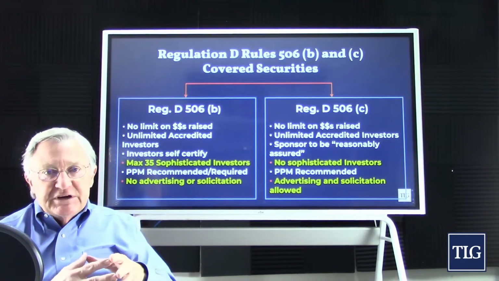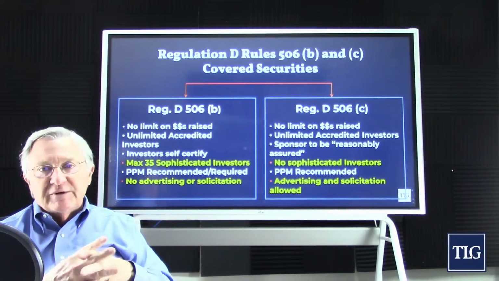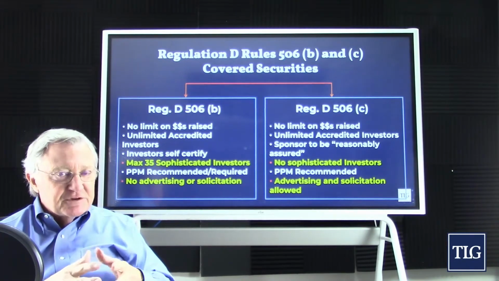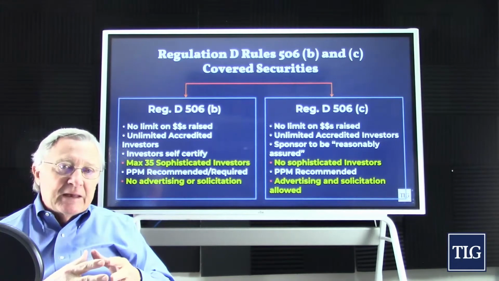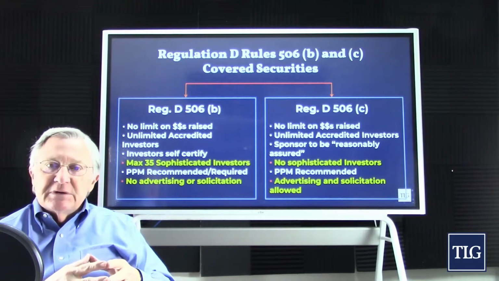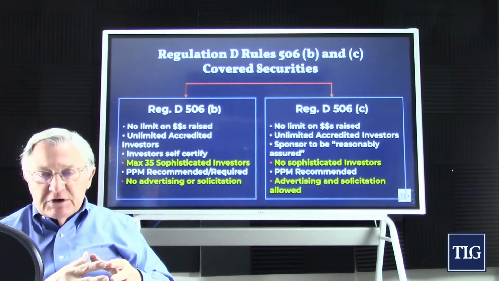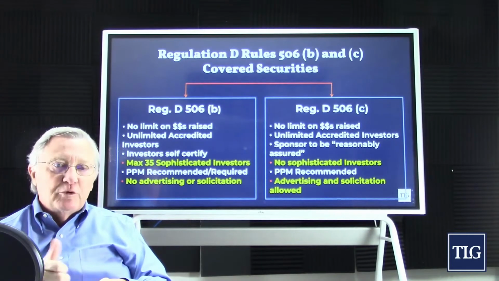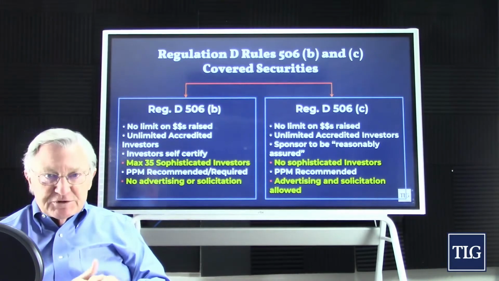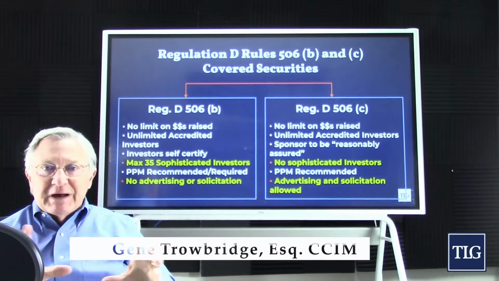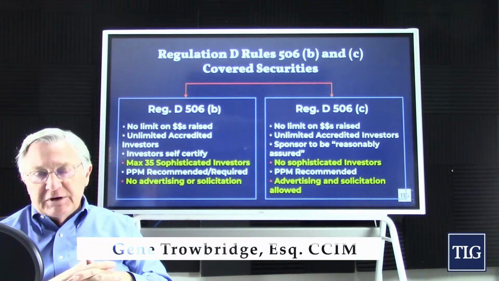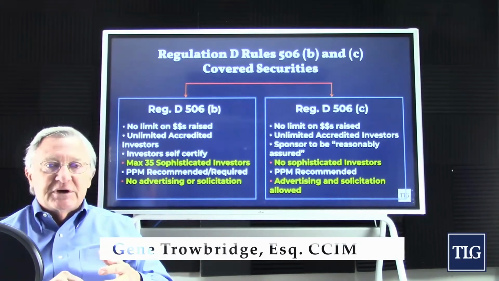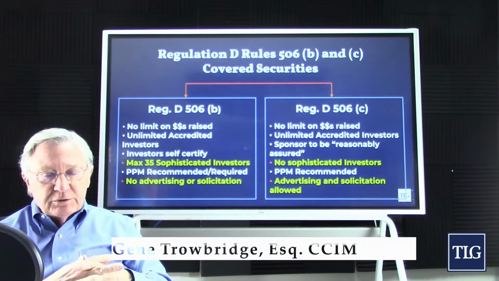In Regulation D, there's a Rule 506B and a Rule 506C. With 506B, the most important parts for this discussion are that you can take sophisticated investors, but you can't advertise. So everyone who comes into your 506B has to be someone with whom you have a pre-existing and substantive relationship. If you have any questions about that, I do have another video in this series called 3 Words that talks about sophisticated, pre-existing, and substantive. You might want to watch that.